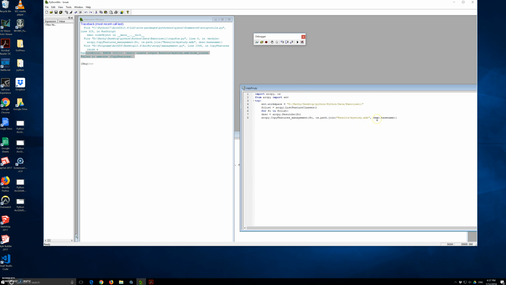Until here, it should be my data, and then we will have my data, my geodatabase, and then except arcpy.ExecuteError, and we will print arcpy.GetMessages(2),